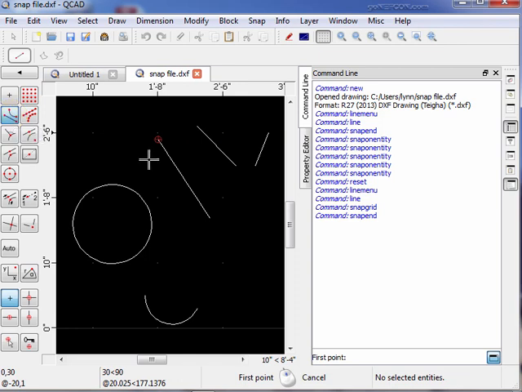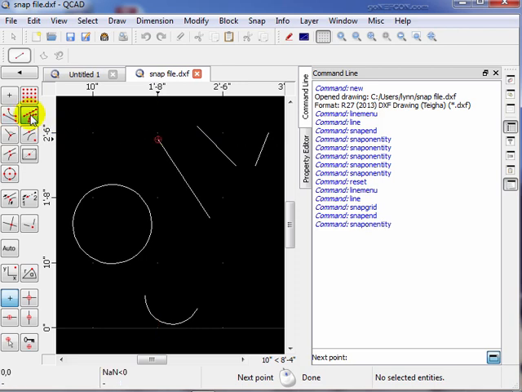So to draw this line, it's going to only let me go to the ends of things. Ends of these lines, end of these arcs. There is no end on a circle, so I can't go to anything on a circle. So let's go ahead and we'll snap. We're going to draw a line starting from this end of this line. Notice down here the mouse says next point. So my next point will be